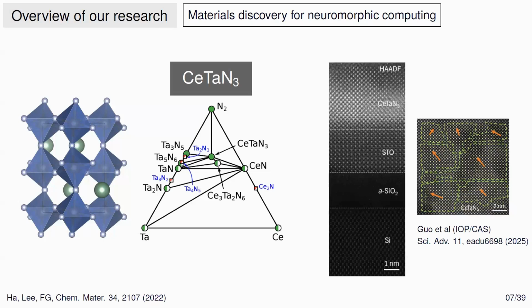And then a year later, 2 years later, a group in Peking University managed to synthesize it. So they did molecular beam epitaxy of this perovskite on top of strontium titanate on a silicon wafer. And they managed to realize exactly the phase that we predicted. And they managed to demonstrate that this is actually a ferroelectric. So this is just one example of cases where sometimes even if people don't believe us, a few years later, we get lucky and people realize the materials that we have invented.